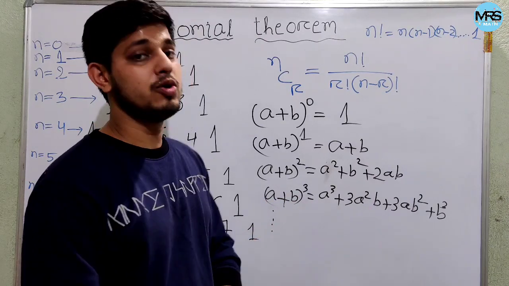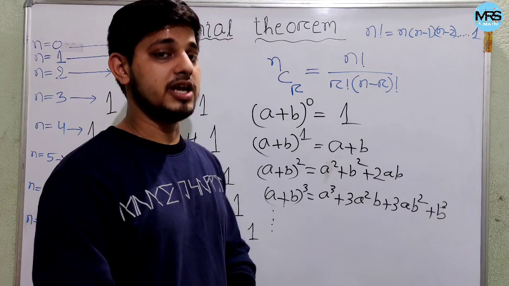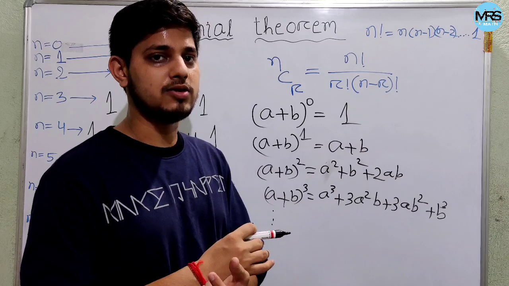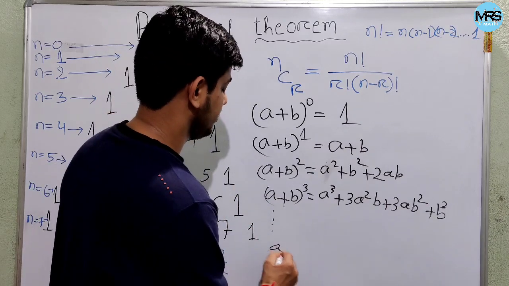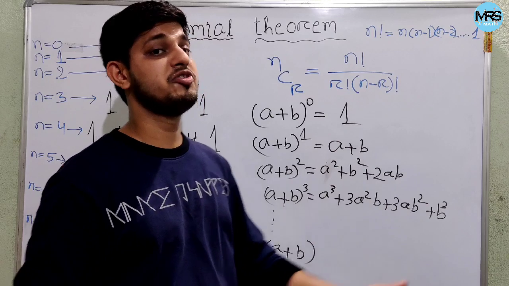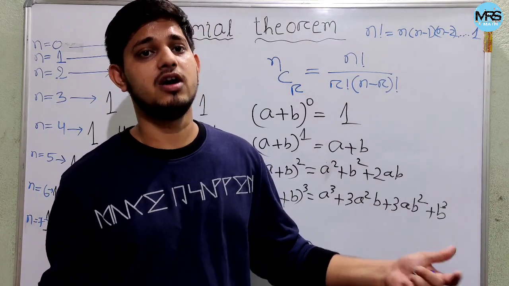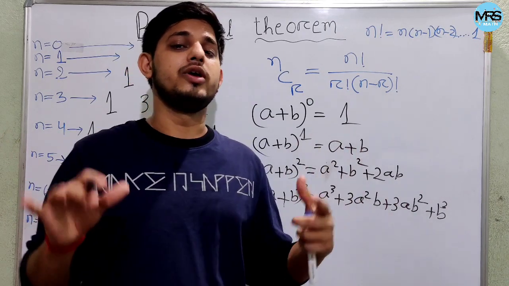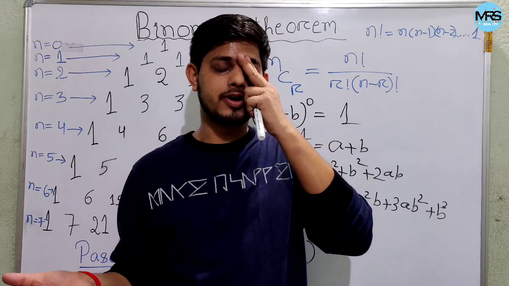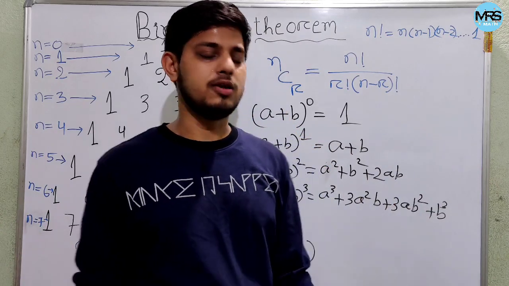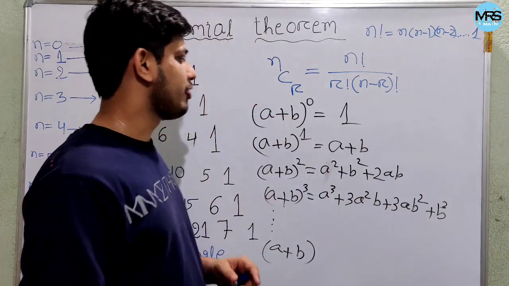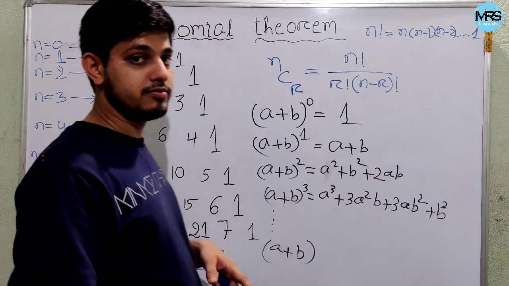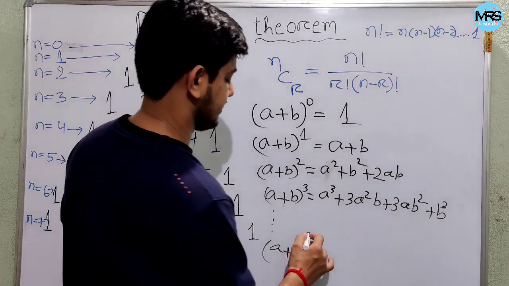If I ask a plus b whole to the power 4, or a plus b whole to the power 5, then slowly it will be difficult for you to find these values. If I ask a plus b whole to the power 56 or 100 or 200, then what will you do? In that case we will use this binomial theorem, okay students, and easily we can find the value. So one thing you can mark here, if I write the binomial theorem for the general case,